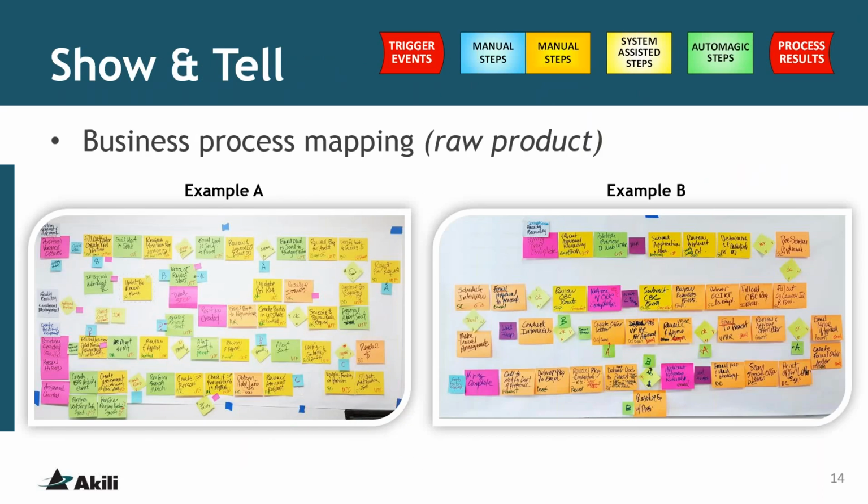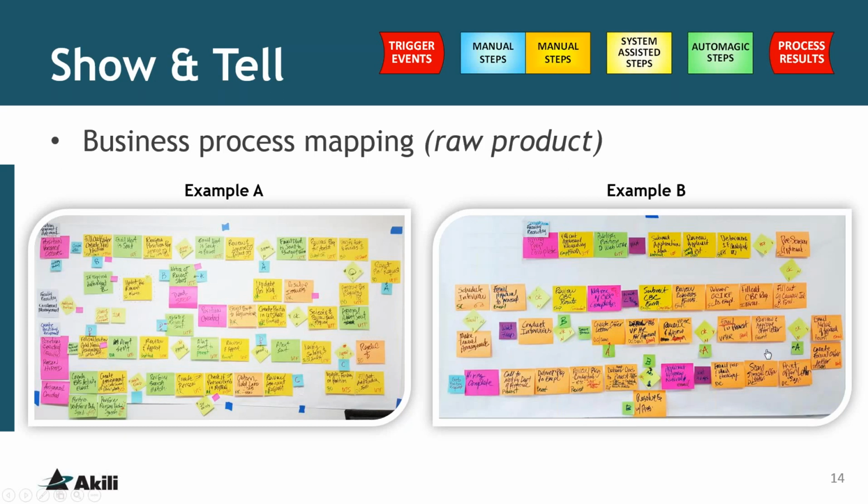Okay, so we said we're going to show you an example, and here they are. When you look at these two examples, you can't really read them very well right now, and I'm going to blow those up in a second. But you notice the example on the left. You see lots of yellow and green. So you'd say that's a fairly automated process. And the one over here on the right has got a lot of orange. So that says, well, that's a